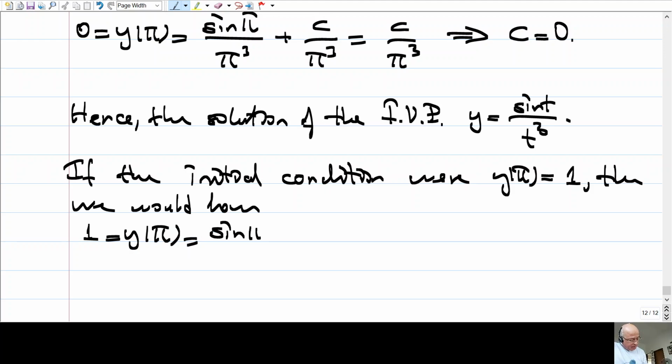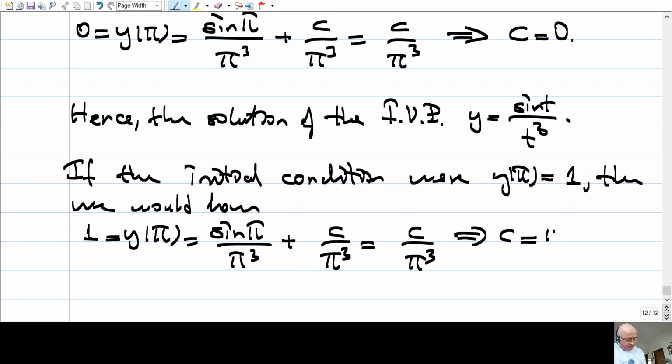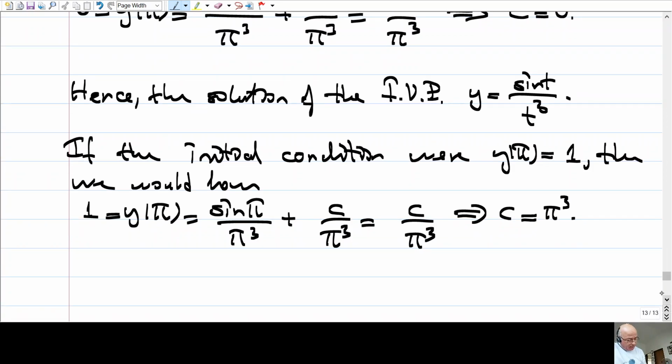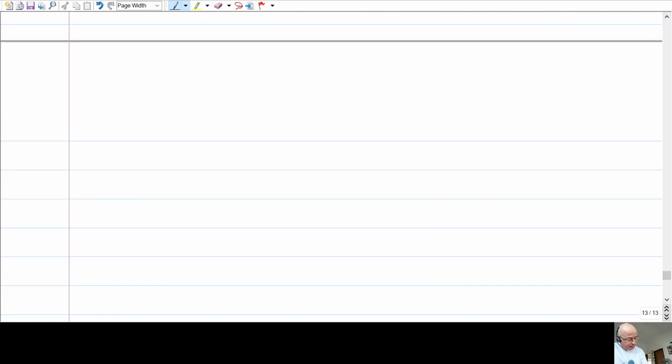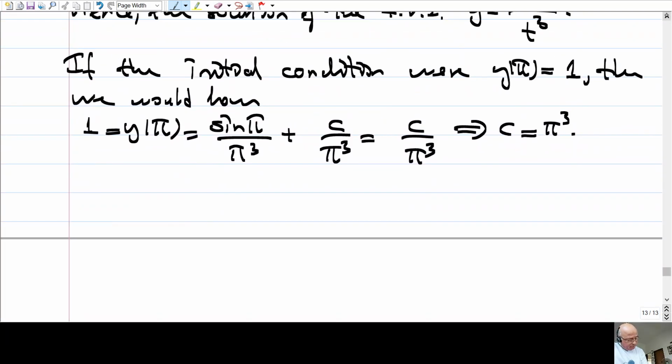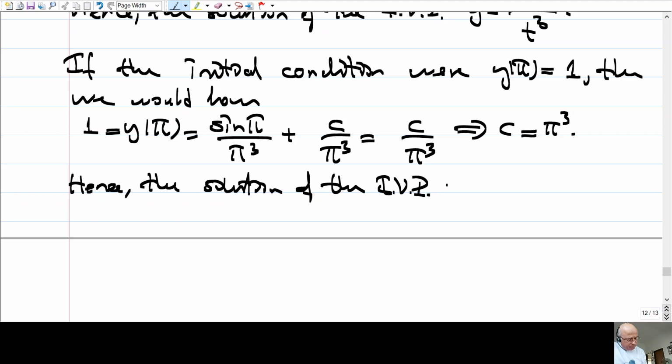1 equals y of pi. So sine pi divided by pi cubed plus c over pi cubed, right? Sine pi is 0, so this is c over pi cubed equals 1. And from this we see that c would be just pi cubed. Hence the solution of the initial value problem is